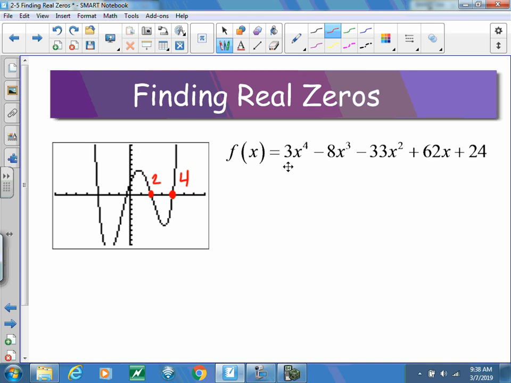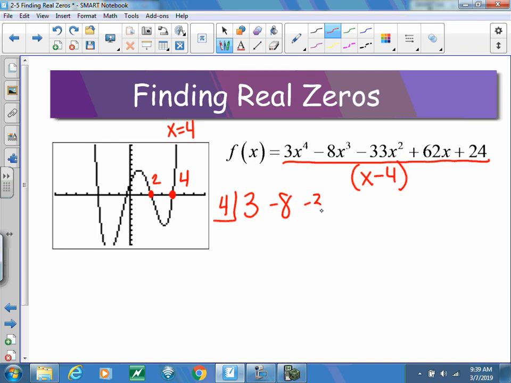To help me break this down, I'm going to take my polynomial and divide it by one of those factors. If x is going to equal 4, then I could divide it by the factor of x minus 4. So I'm going to use synthetic division. I'm going to take the 4, put it in the box here. I've got the 3, the negative 8, the negative 33, the 62, the 24. I'm going to drop down the 3. 3 times 4, so that's 12. Negative 8 times 12, so that's